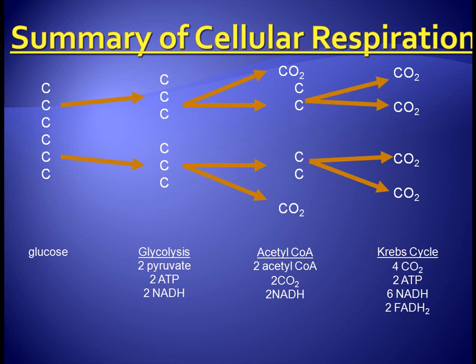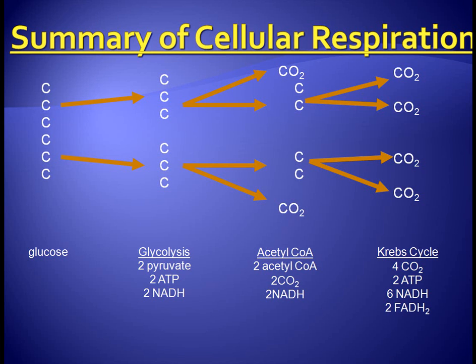The Krebs cycle then takes this 2-carbon acetyl-CoA and oxidizes it completely to 2 more carbon dioxides. So for each pyruvate, you can see that 3 carbon dioxides are released. The Krebs cycle must occur 2 times because there are 2 pyruvate molecules entering into the mitochondrion. In turn, the citric acid cycle gives us 4 carbon dioxides, 2 ATPs through substrate level phosphorylation, 6 NADHs,